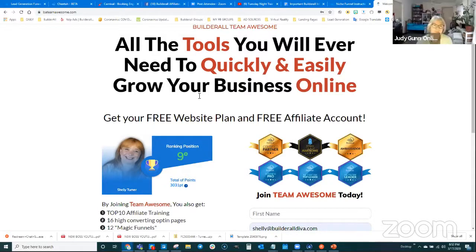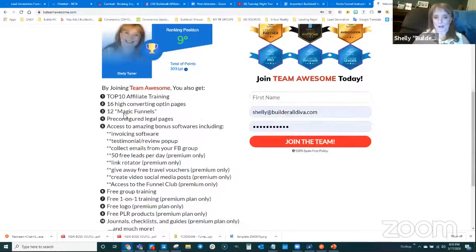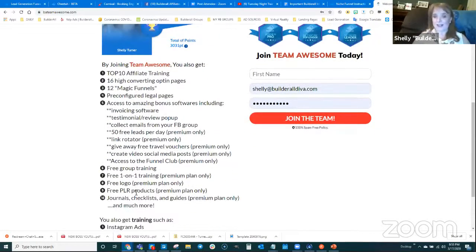No, I use different funnels because one of the things that I have on this page is all the free stuff that they get. And I'm really picky. I want people to join me because they want to join me, not because they're wanting to get all the free stuff. So actually, I very rarely give this out as a method for them to sign up. I give other funnels out that are, I think, better for them to sign up. So they don't sign up because they're getting this free and that free and the other free. They're signing up because they're going to be on my team. That's more important to me than the free stuff.